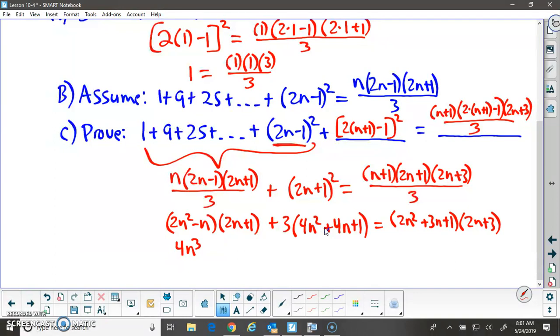We would have 2n squared minus 2n squared would cancel. And then we'd have negative n. And then, if we distribute, we'd have a 12n squared, 12n plus 3, and this should equal, foiling